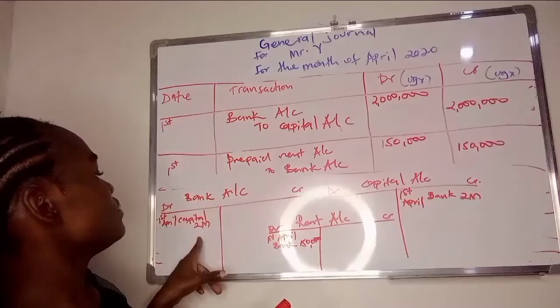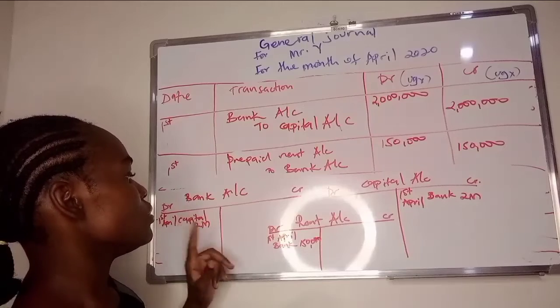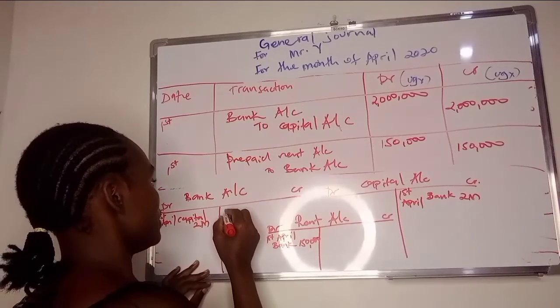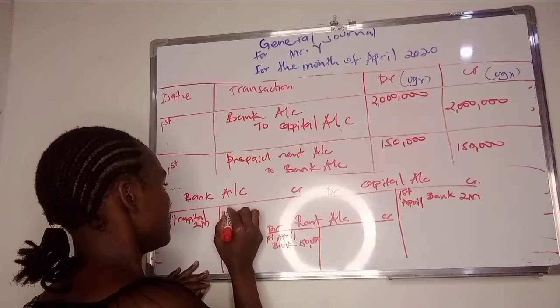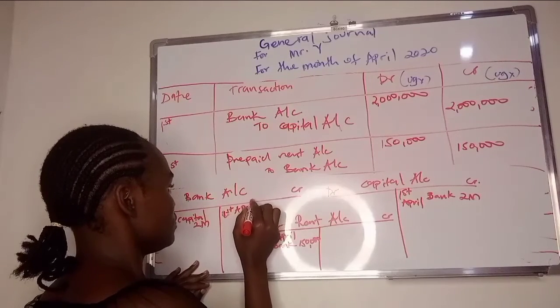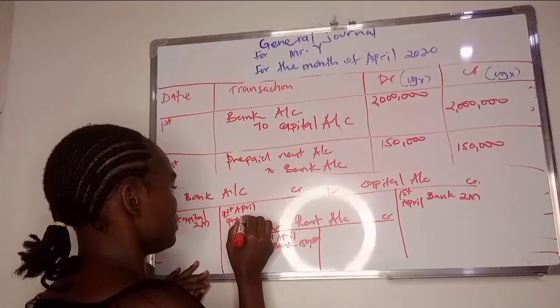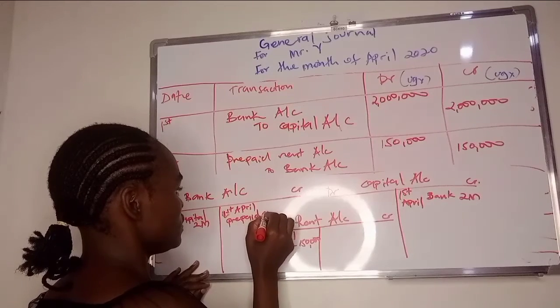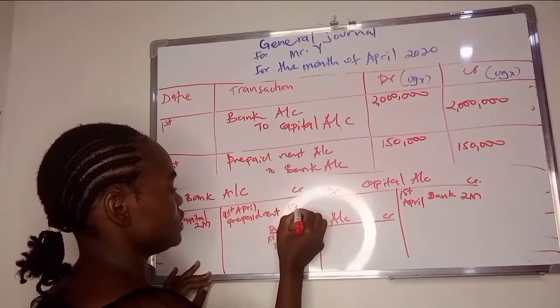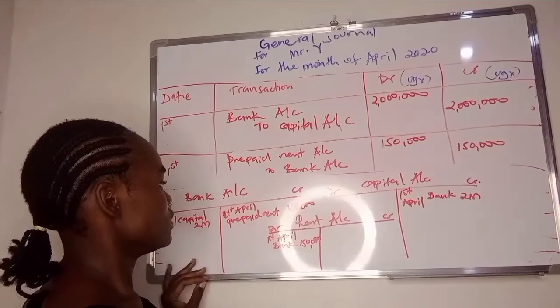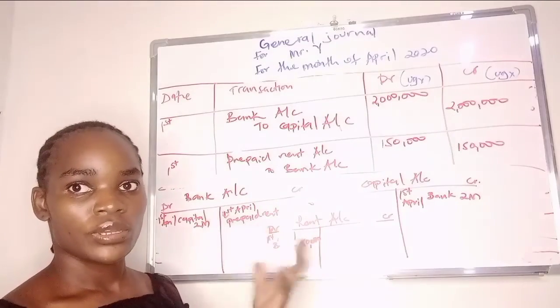Then you come here on bank, on the credit side, you write prepaid rent, first April, prepaid rent, which is 150. Like that. You keep recording all